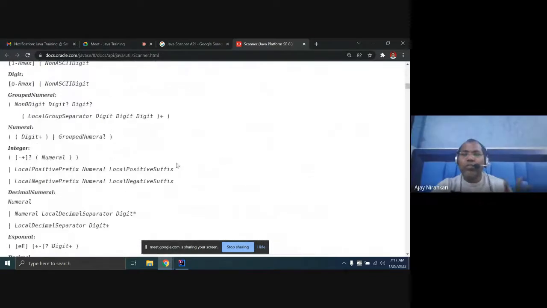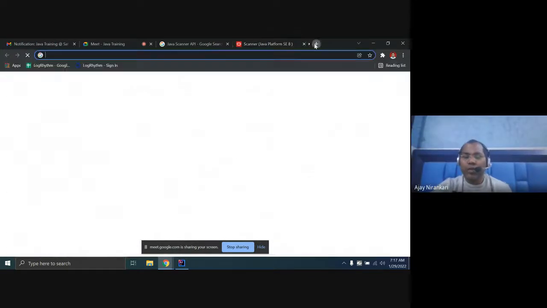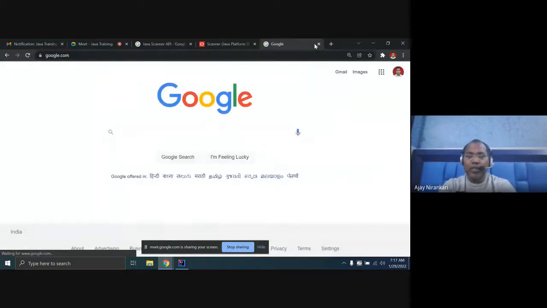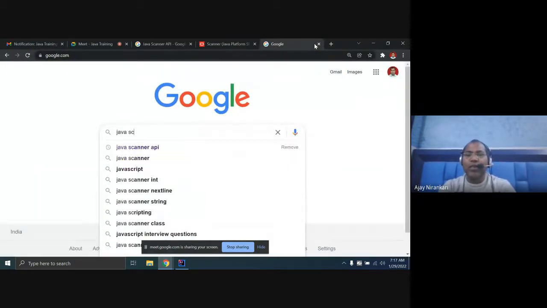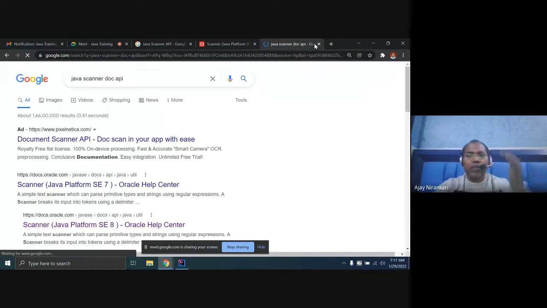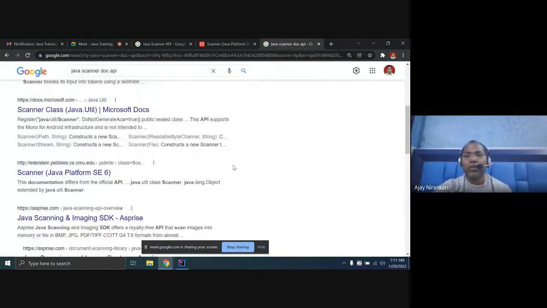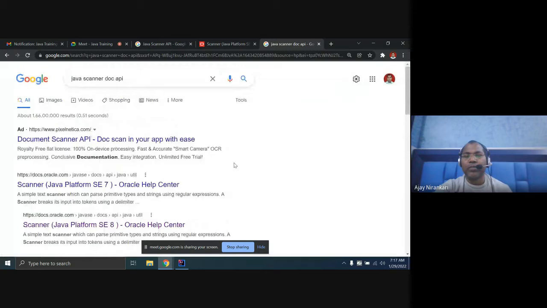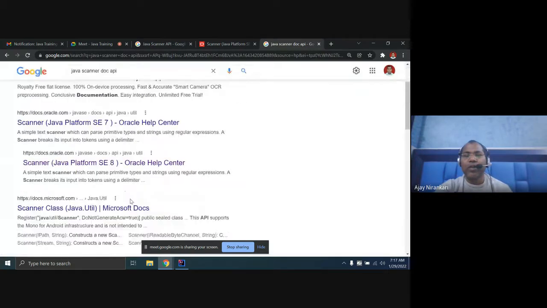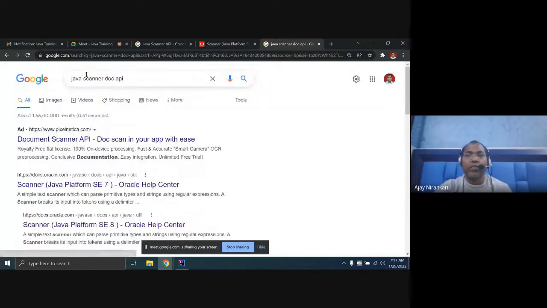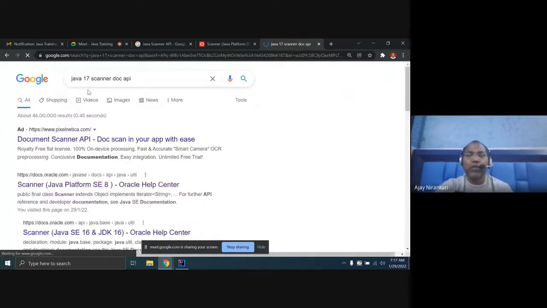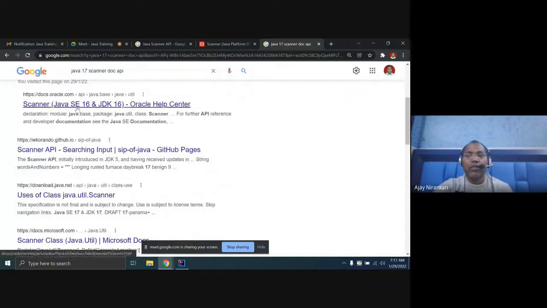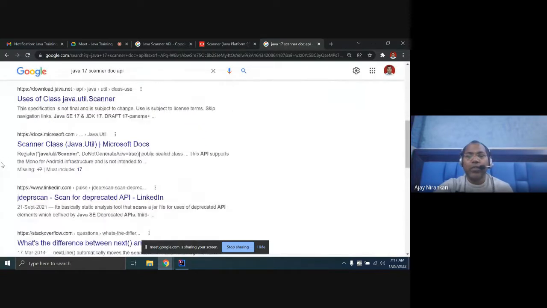Right? There is a lot of documentation available. Just go to Google and search for the Java Scanner class API. This is a simple search on the internet, and you find lots of details. You can click any one, like Java 8. Let's see whether you want Java 8 or 17, whichever Javadoc you want. You can find different versions, like Java 16, 17, the latest version, whatever you have.